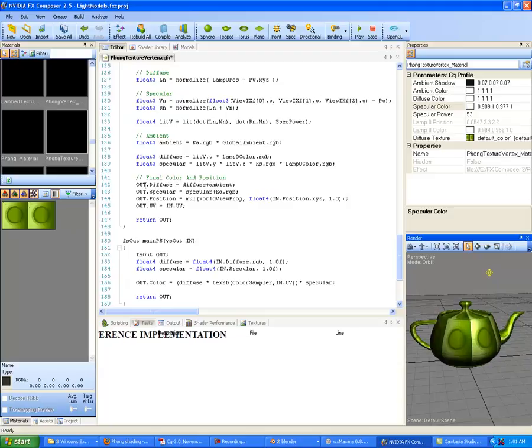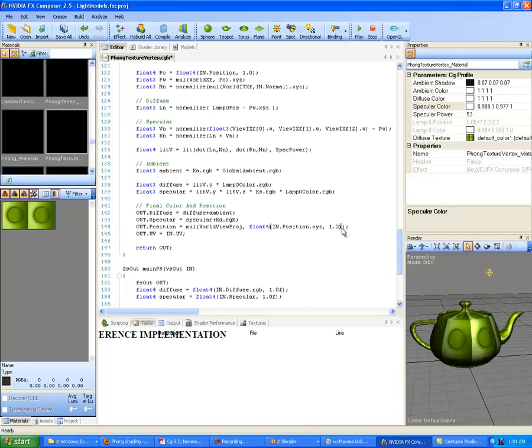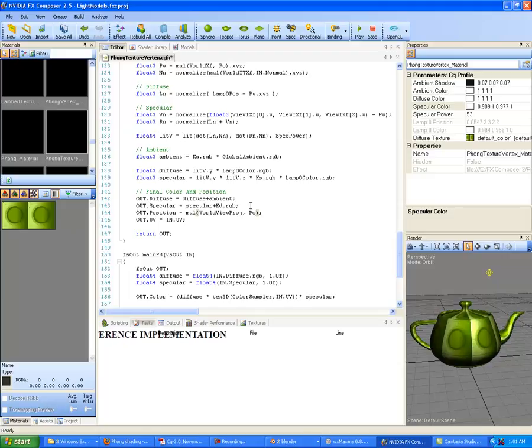So, final color and position here. Out.diffuse equals diffuse plus ambient. Right? That figures out our diffuse setup. Specular equals specular plus kd.rgb. Awesome. And then position is equal to the world view projection matrix times our float4 here. Now you remember we can just replace this with our PO here, like so. You should already have this from before, so it makes life a little easier. And then we're also going to pass through our UVs too. Of course, they're going to have to get into the PS shader here. So it's out.uv equals in.uv; and then we return out;